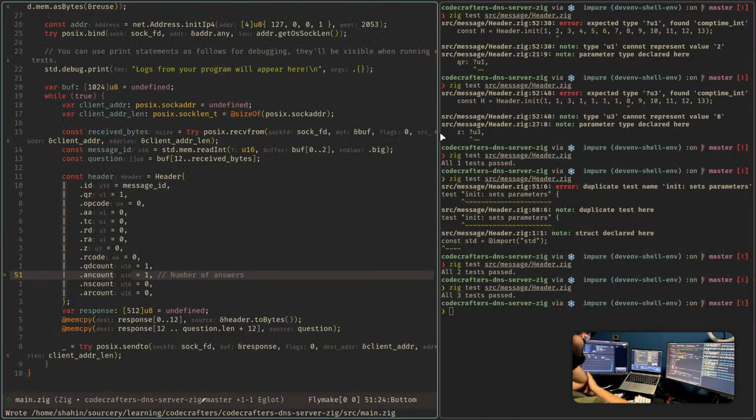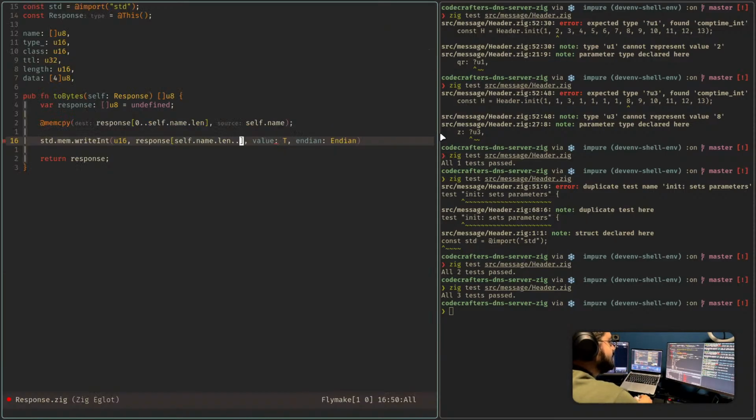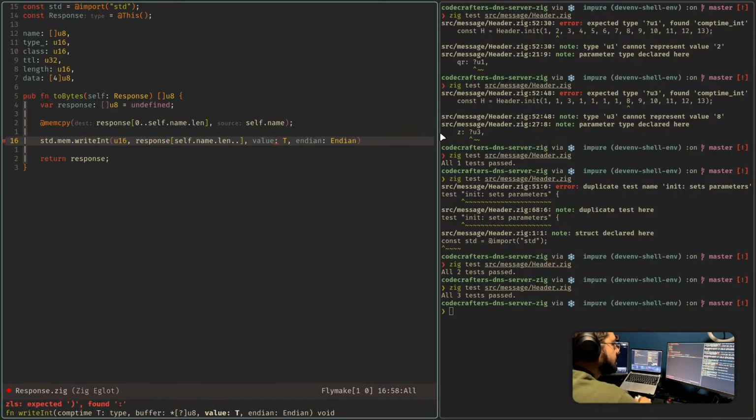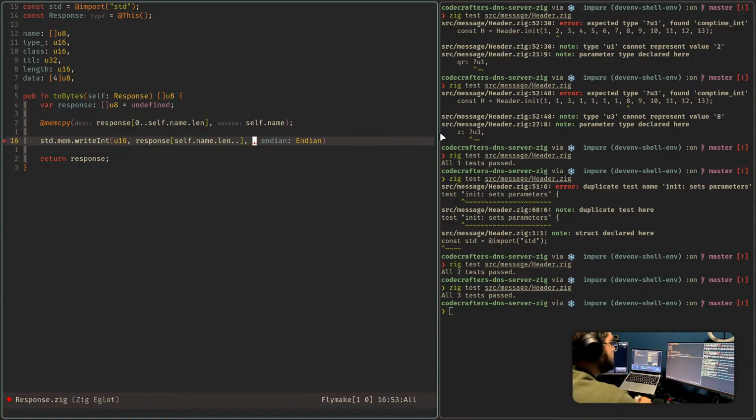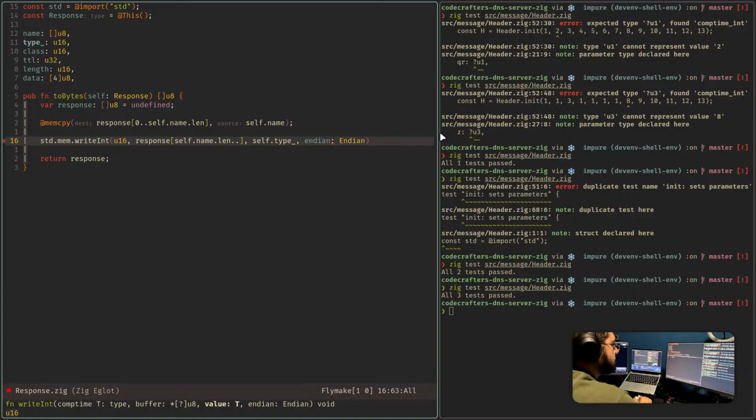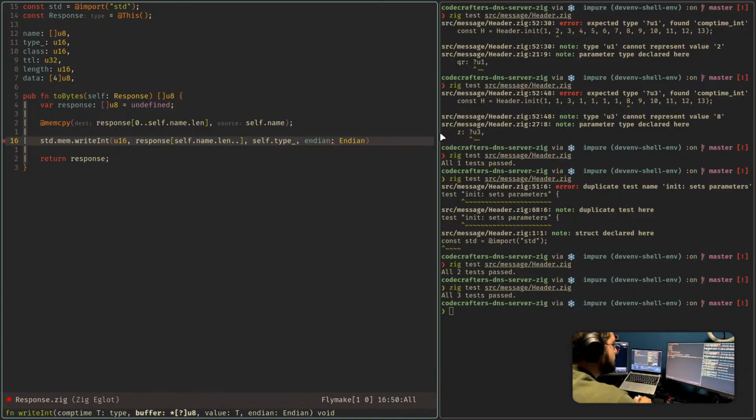Okay, I'm trying to not ask LLM as much as possible in this recording, but let's continue until we face an error. That's probably safer. The value that I want to write here is self.type underscore, but the length is self.name.len plus 16,